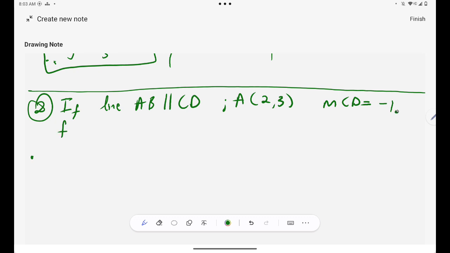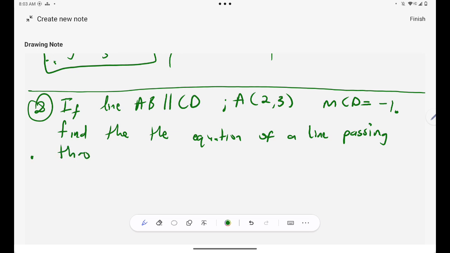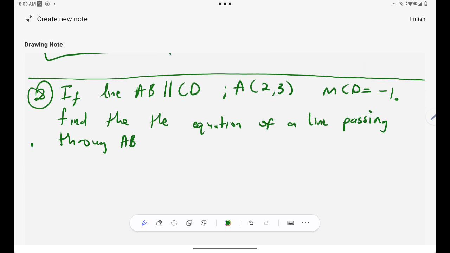Maybe the question will be like, find the equation of a line passing through AB. Okay, please note guys, if 2 lines are parallel, that means they have the same gradient. If I know the gradient of CD, that means that gradient will be the same as the gradient of AB. Are you together? So for me to find the equation of line AB, I need the gradient of AB and